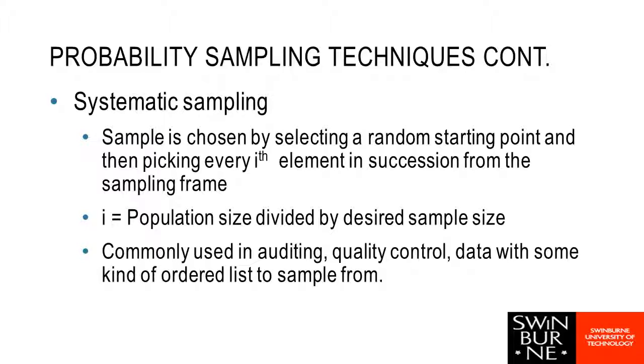So it might be every 20th or 25th or 50th or whatever i is calculated to be, that's how many I will count through. For some data this is very convenient. You can imagine if I was auditing and I have a whole lot of numbered receipts, sampling every 100th receipt or every 50th financial document, very convenient. If I'm doing quality control and I'm looking at batches coming through some sort of manufacturing process, then every 20th batch or every 15th box or every 100th item I can perform quality control checks on. So basically if I've got data, I've got some sort of ordered list to sample from, then systematic sampling can be very convenient. It's not going to work for every situation, and I do need to be a little bit careful. If I'm counting through every 20th or 50th or 100th, there is a small chance that I could miss some sort of pattern that's occurring in my data just by taking these